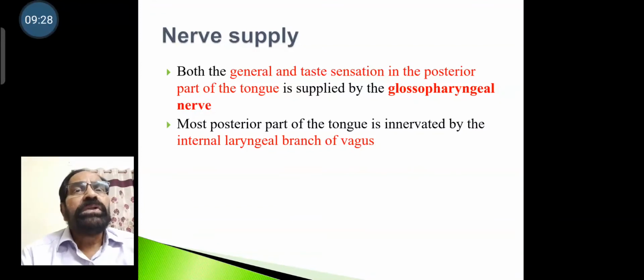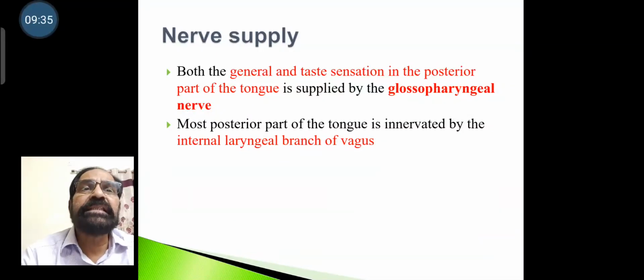Then we go to the posterior part. Both general and taste sensation of the posterior part of the tongue is supplied by the glossopharyngeal nerve. So this part develops from the third arch. Its mucous membrane develops from the third arch, and the nerve of the third arch is the glossopharyngeal nerve. And the most posterior part of the tongue is innervated by the internal laryngeal branch of the vagus nerve. So that belongs to